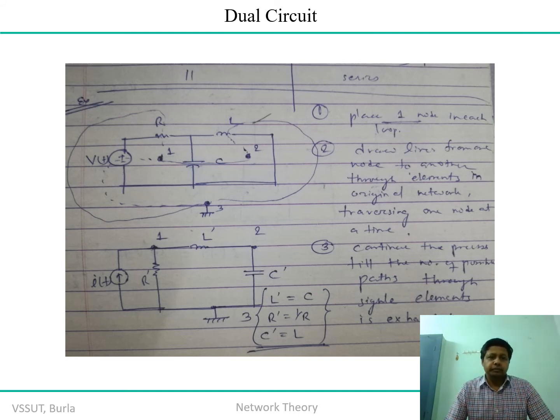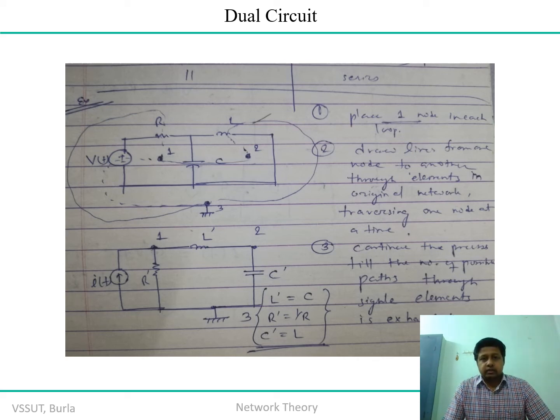Now between 1 and 2 in the original network there was a capacitance. So we know the dual, because we consider the loop network here, the mesh network. Now we are going to work out the equivalent nodal circuit of this particular mesh circuit, because mesh is the dual of the nodal, as we know.